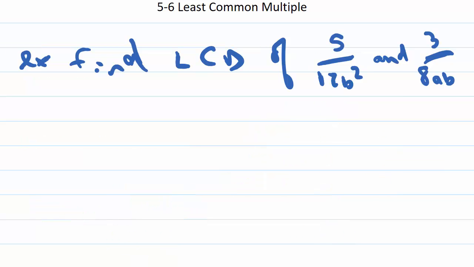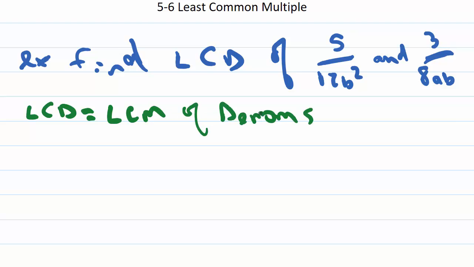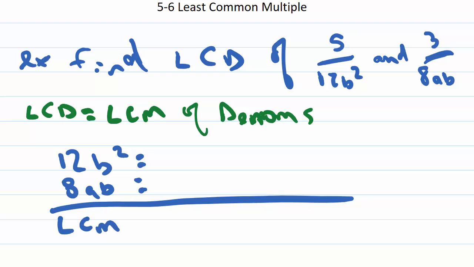Last example before I cut you loose. Find the LCD, the lowest common denominator, of 5 over 12b squared and 3 over 8ab. So remember, the LCD equals the LCM of the denominators. Okay, so to find the lowest common denominator, I find the lowest common multiple of the denominators. So to do that, I find the factorization of 12b squared and the factorization of 8ab, and the LCM, which is equal to what we're looking for, the LCD, is going to be the product of the highest number of factors that show up. So 12 factored is 2 squared times 3,